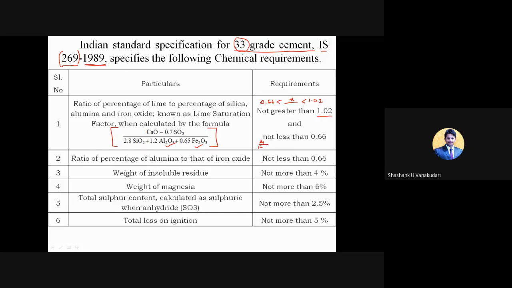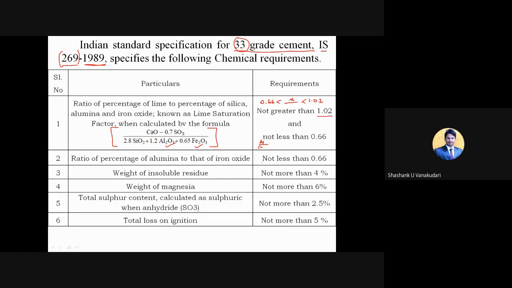So basically it is present in the Portland cement, and this residue material affects the properties of the cement, like the strength and the binding property, and all. And just to control the non-cementing material in the Portland cement,